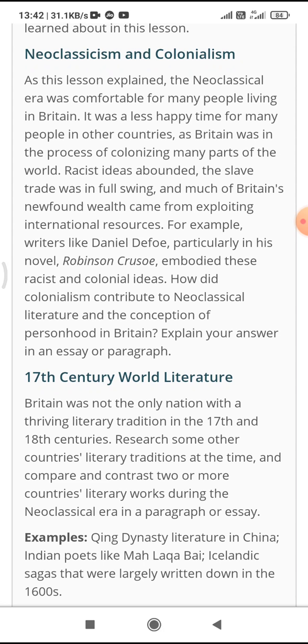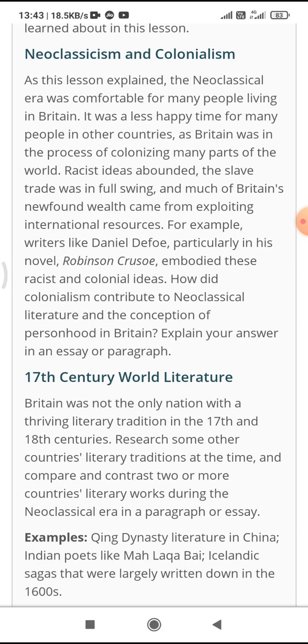The topic which is important is neoclassicism and colonialism. As this lesson explained, the neoclassical era was comfortable for many people living in Britain. It was a less happy time for many people in other countries, as Britain was in the process of colonizing many parts of the world. Racist ideas abounded, the slave trade was in full swing, and much of Britain's newfound wealth came from exploiting